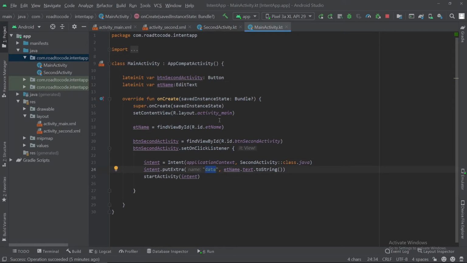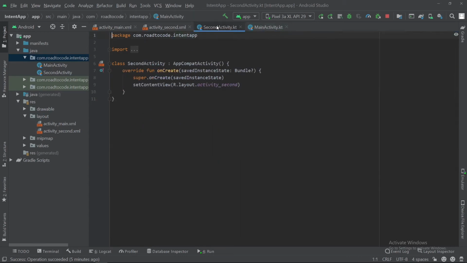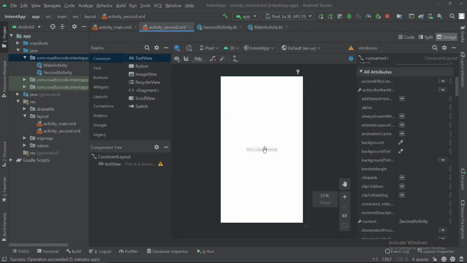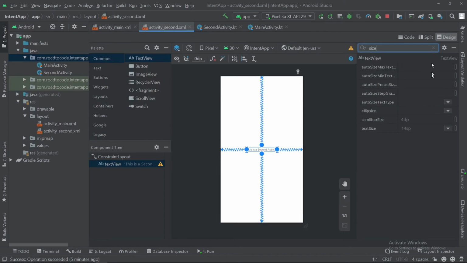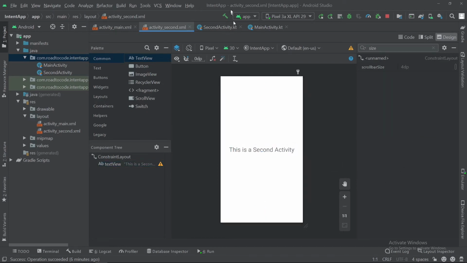And then we will fetch the same data, exact same data into the second activity. How? And that data we will show into this text view. So let me increase the size of this text view, that is 30 density pixels.